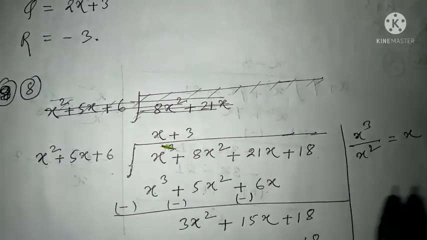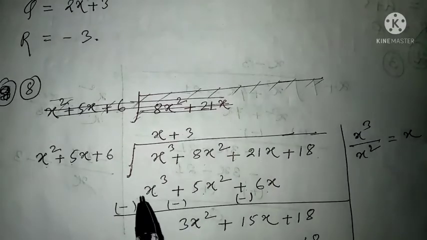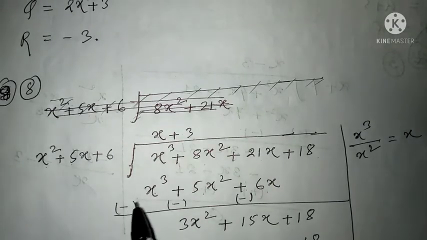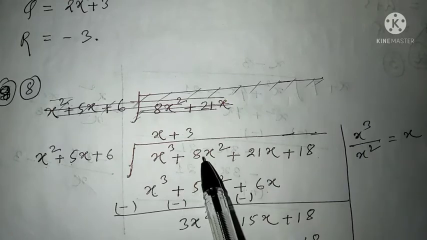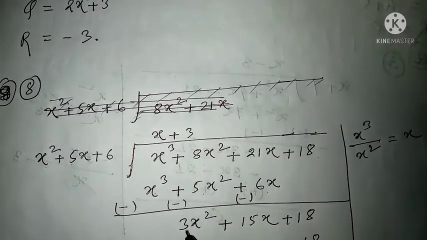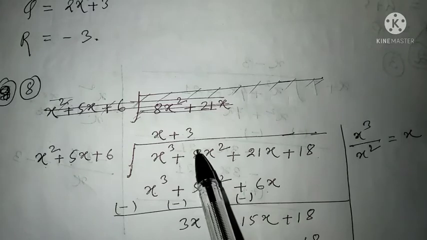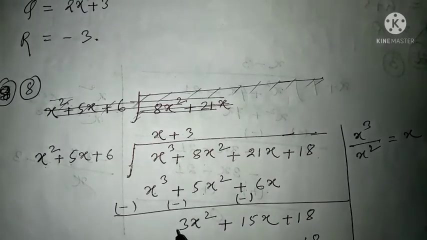Then you can see here this is your plus, we have to assume it minus. Then plus x cube minus x cube, cancel, 0. Then plus, you have to assume it minus. Now 8 minus 5, that is your 3x square. 8 is the bigger quantity, you have a positive sign here, you have to write positive, but no need to mention the positive sign here.